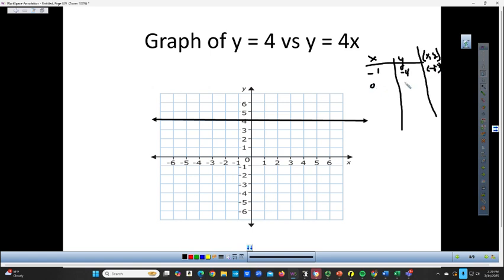If x is 0, then y is 0, so 0, 0. That means this line is going to go through the origin. And if I give x the value 1, y equals 4 times 1. Therefore, y will equal 4. I get the ordered pair 1, 4. And if I plot those points, 0, 0, 1, 4, using a different color for that one, and -1, -4,